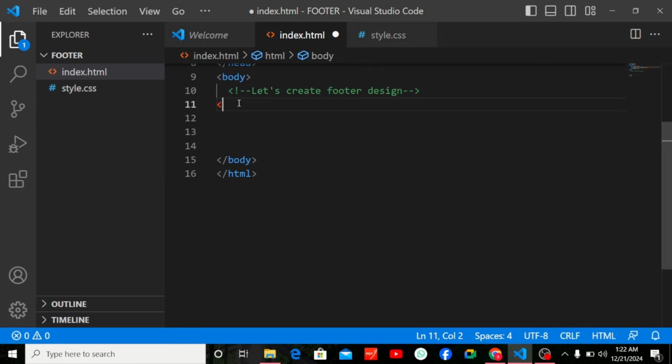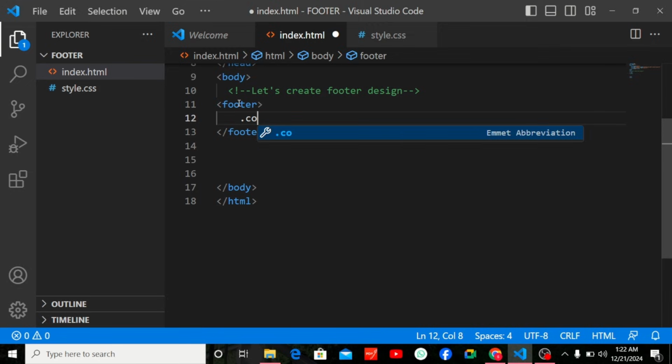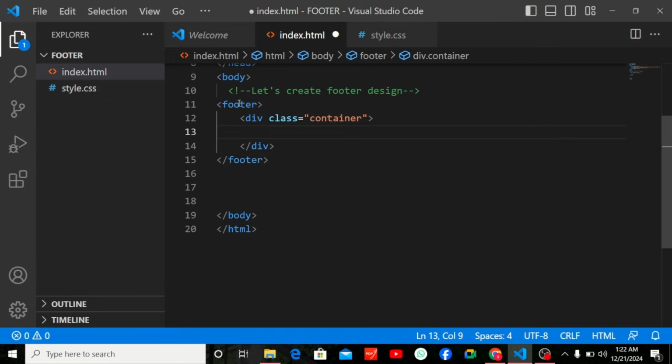Hello, let's create a footer design. I'm going to open a footer tag like this. Then inside this footer tag, I'm going to create a class called container. And within this class container, I'm creating another class called footer content